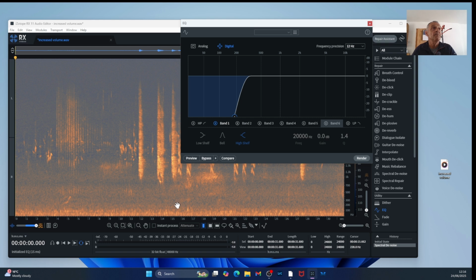And here we have wing beats coming down to around the 350 mark. If you have a look over here on this side, so the 350 mark. So what we're going to do is move the band 1